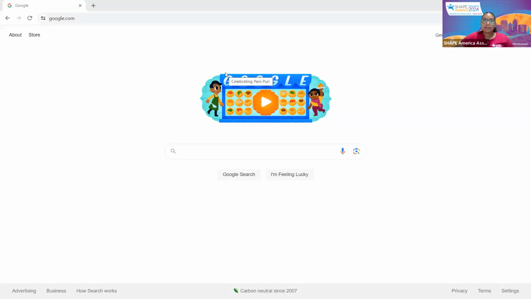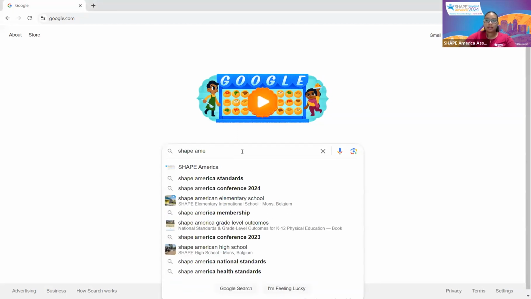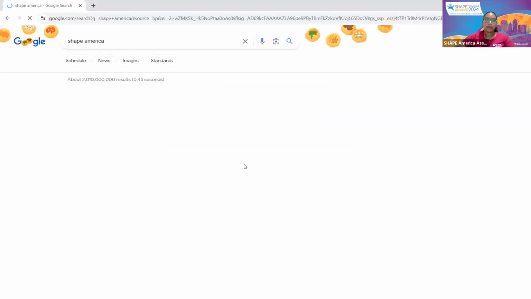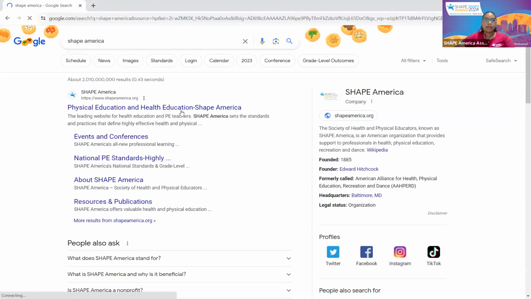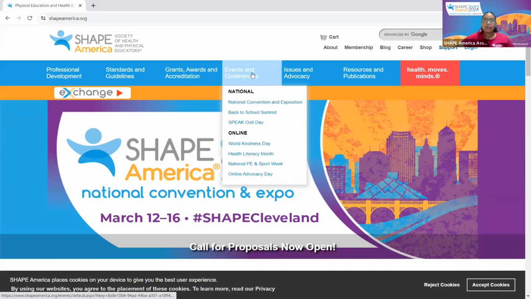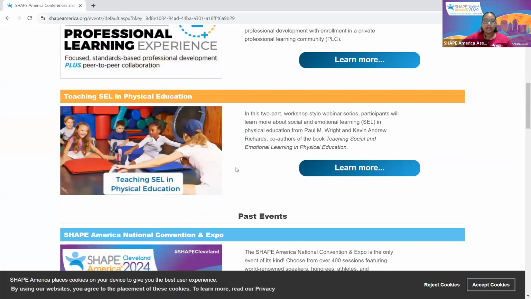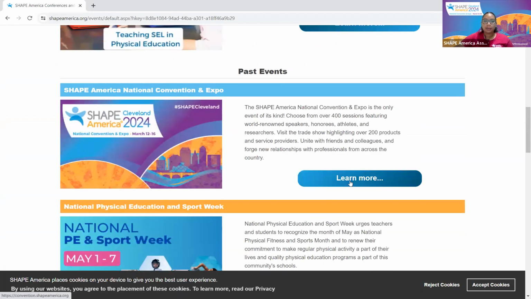To access the website, you can type in your search engine, Shape America. So let me go ahead and do that. Select the first option. As you can see, it is on our homepage, so you could go ahead and select that, or you can go to the Events and Conferences tab, scroll down, and select Learn More under Shape America National Convention and Expo,